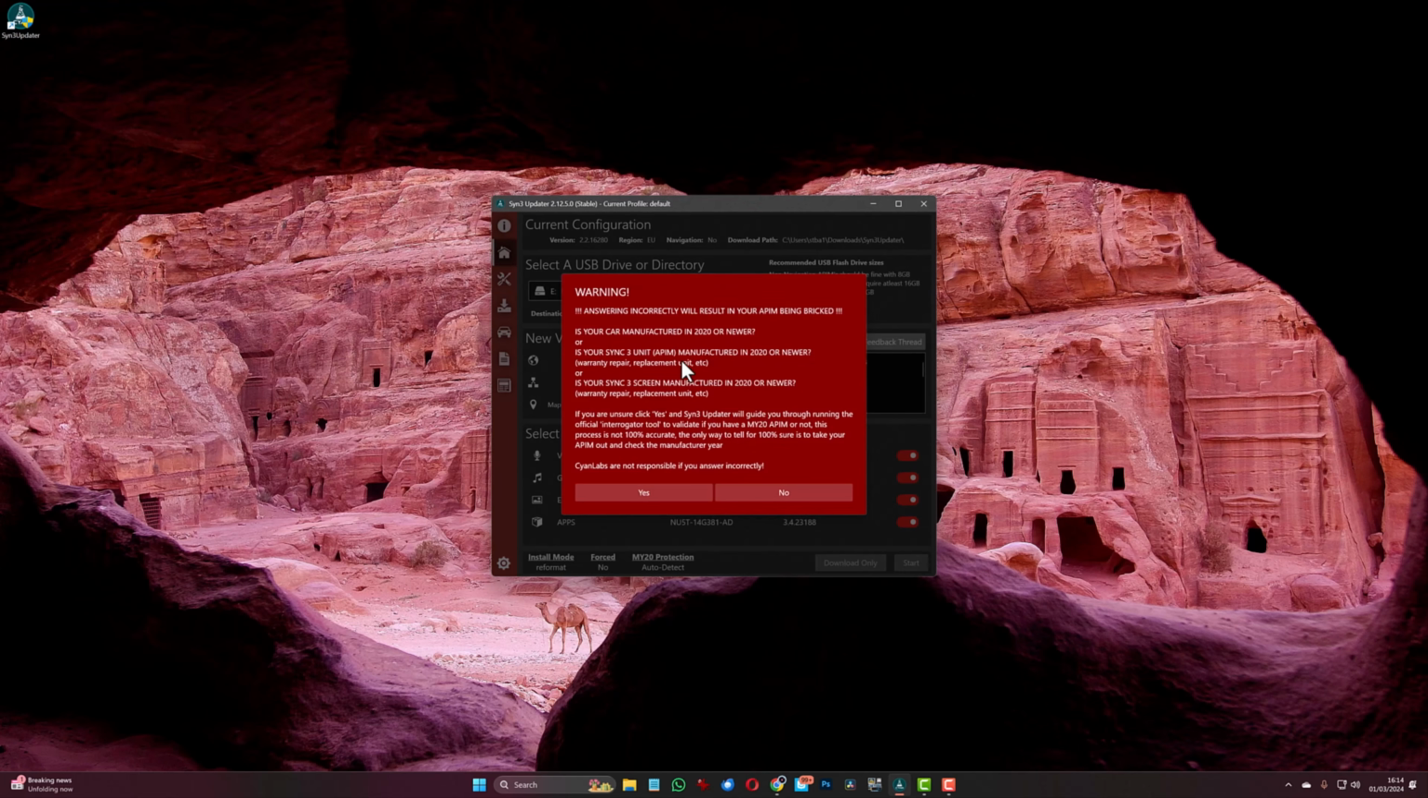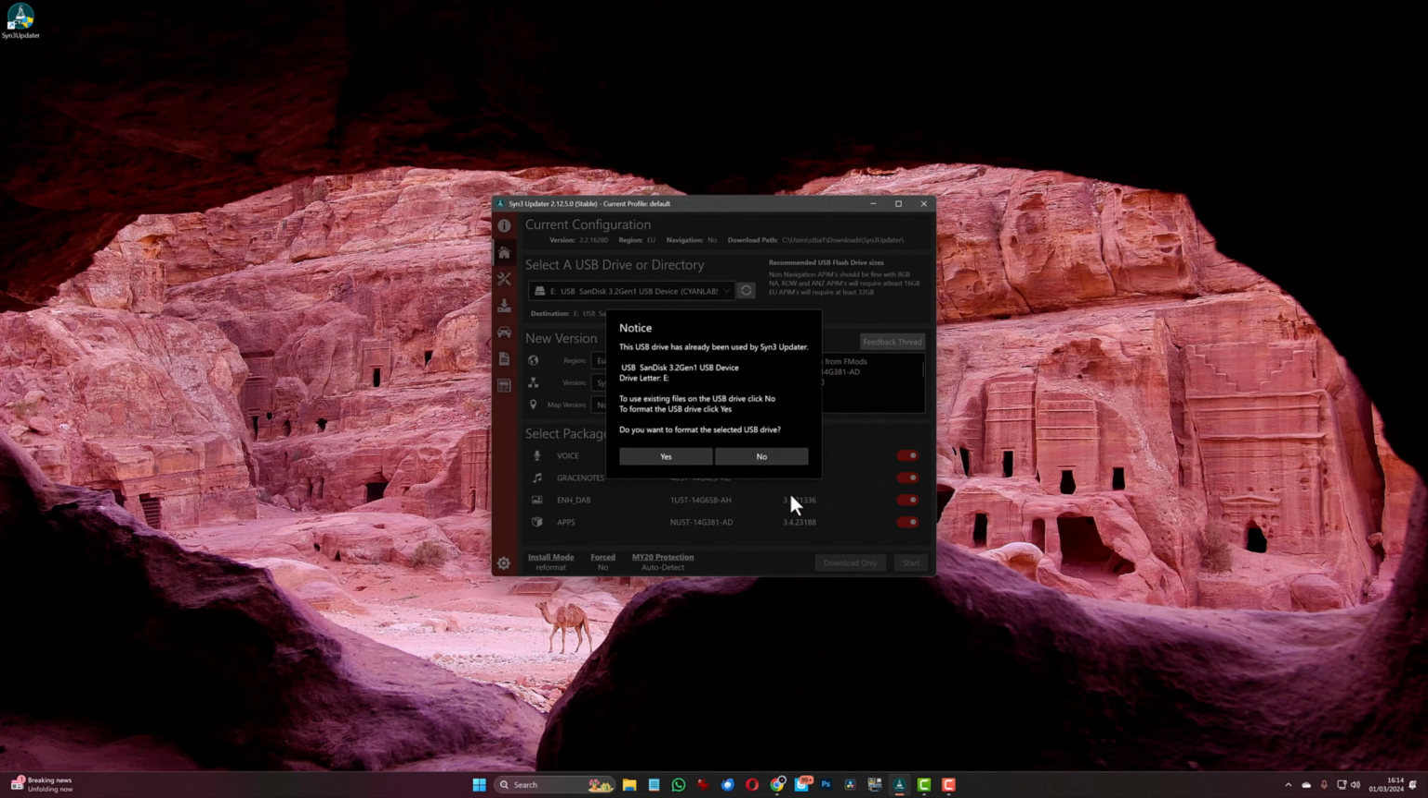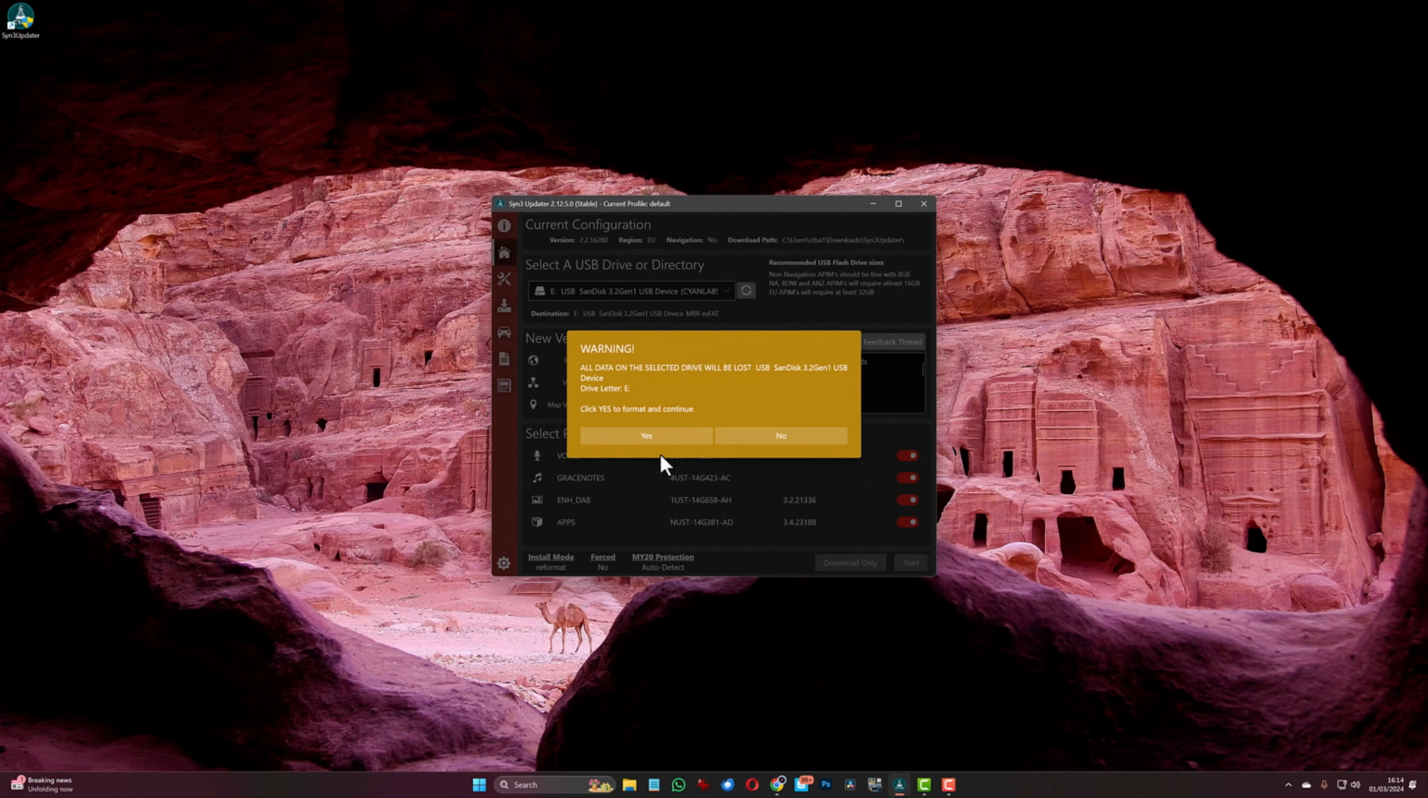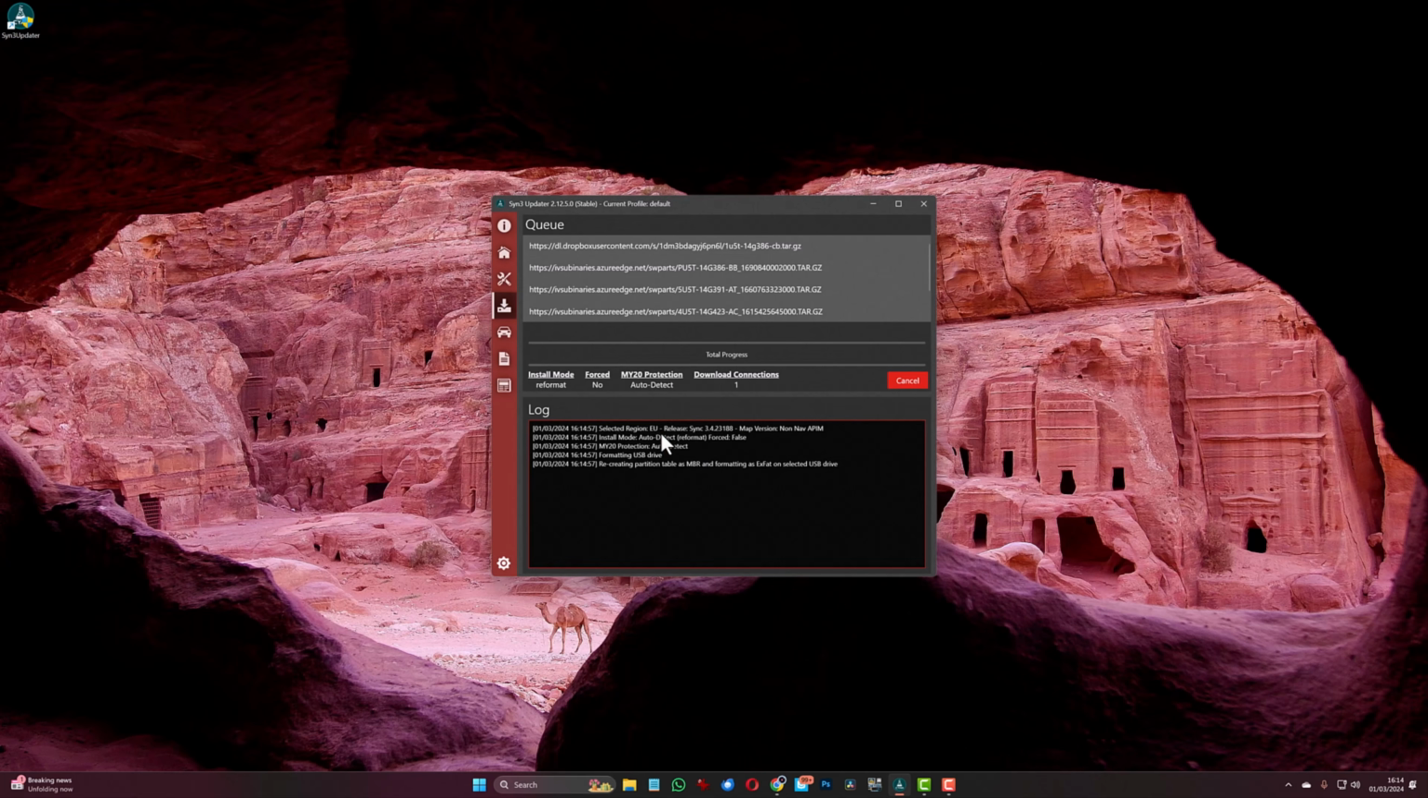As I was mentioning, anything that is 2020 or newer, you will not be able to use this software for updating your Ford. As mine is before that, it's a 2017 model, I'll click no, and then we want to format the drive. It'll make sure you want to format the drive, and then it will download and then install the files required